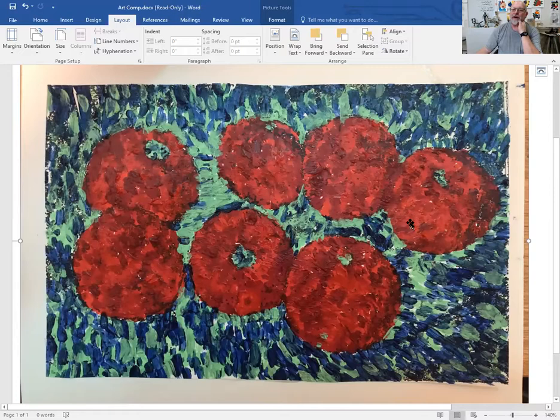This apple on the far right-hand side, top row, is working pretty good. And the apple on the bottom row on the right side is working pretty good. I'm going to